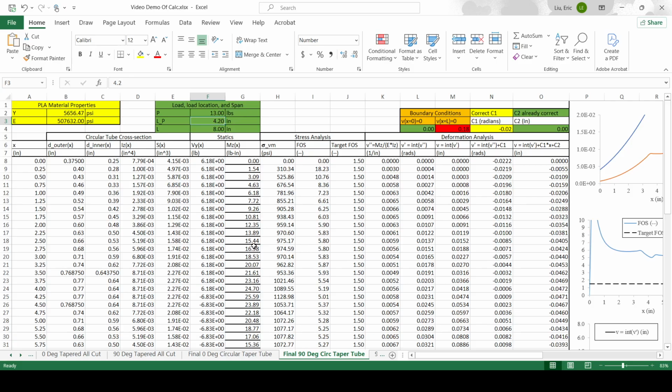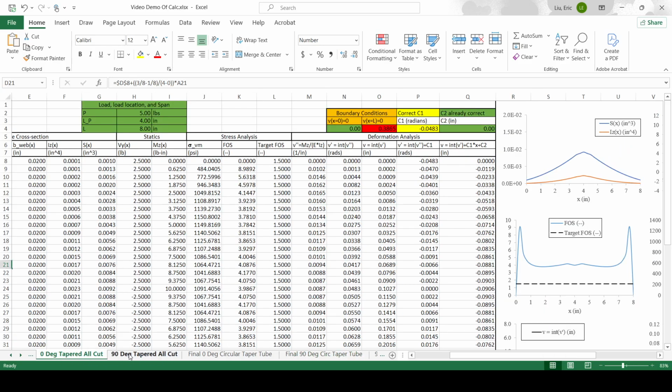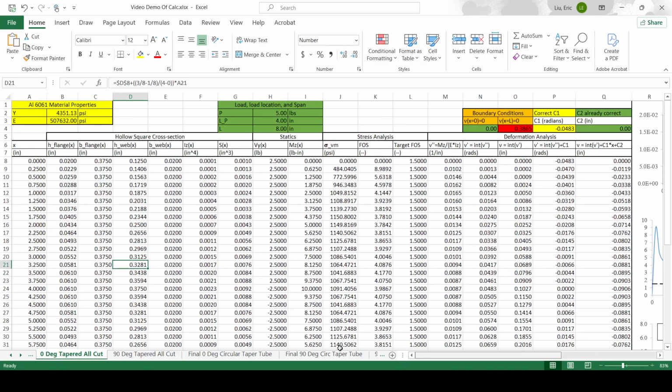I will clarify why this folder is slightly different from the other ones. We ended up choosing a cross section that doesn't change if you rotate it in any way. So a circular cross section, you rotate that 90 degrees, it doesn't change. But for other cross sections, you can see on the bottom we have 0 degree and 90 degree rotated. For example, for the,